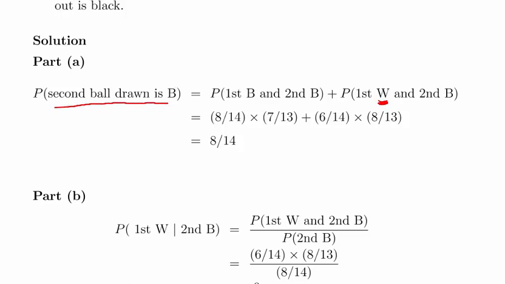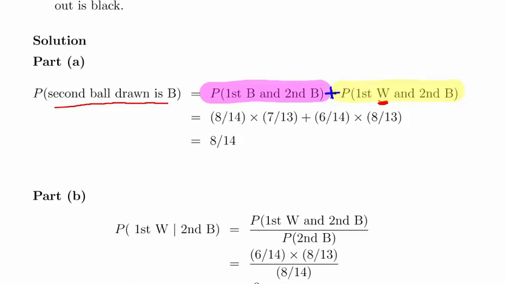So there's two ways we can get this situation. First, that the first ball drawn out is black and the second ball is black, and then the other situation is that the first ball is white and the second ball is black. Now these are two mutually exclusive